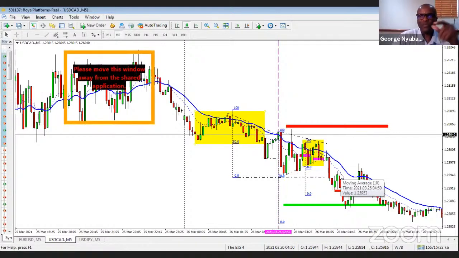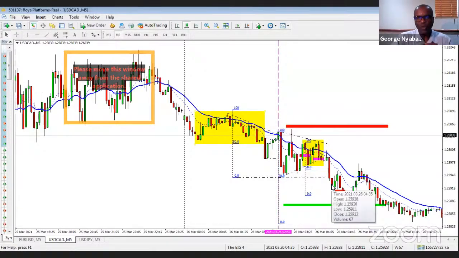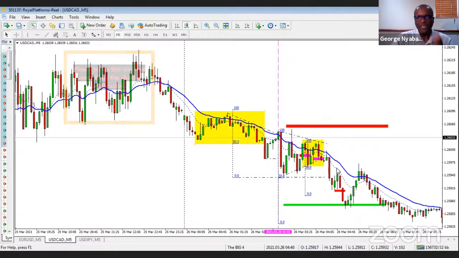That's a sign of strength, because I use the 10 EMA as an indicator of breakout strength. So that for me is saying, okay, I didn't have a strong bear follow through. It was still a bear candle. Bulls tried to reverse it, but they bounced off the 10 moving average.